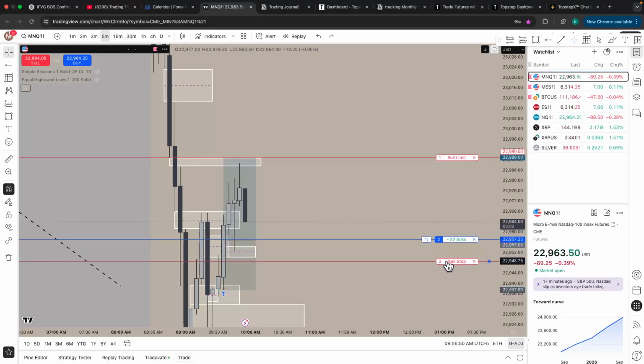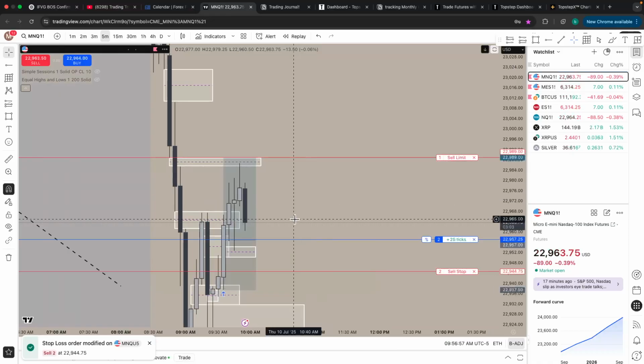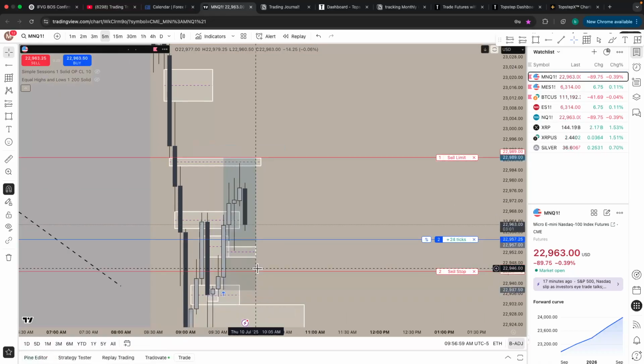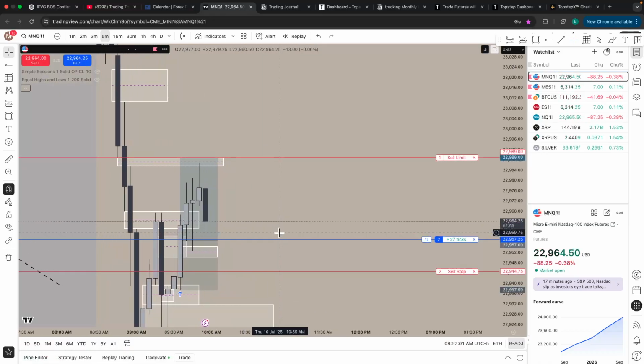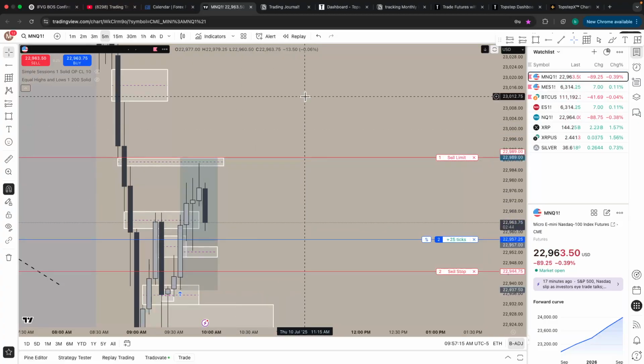Move my stops down to here because it could just come and fill that gap again. It could come and fill that gap again to then go higher, but ideally, it already tapped into it. If it inverses it, though, this trade's over. If it inverses this bullish gap, the trade's over. If it inverses that bearish gap up here, me likey. We got 2 minutes on that.